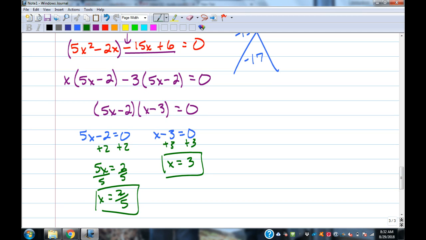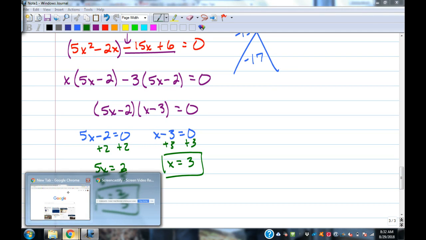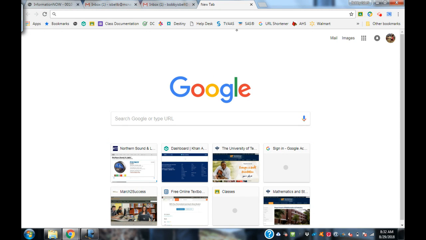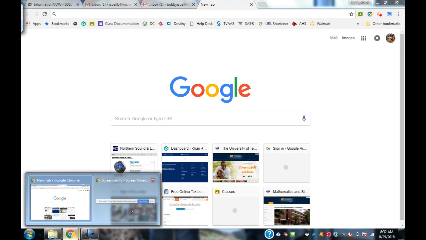So we'll do quadratic formula, square roots. We'll talk about this thing called completing the square, and then we'll take a test over solving quadratics, period. And then we'll do graphing quadratics, and then we'll get the higher degree polynomials after that. Okay, so Khan Academy is where your work's at. There's several lessons there that I've already assigned to you on there that you can work your way through, and